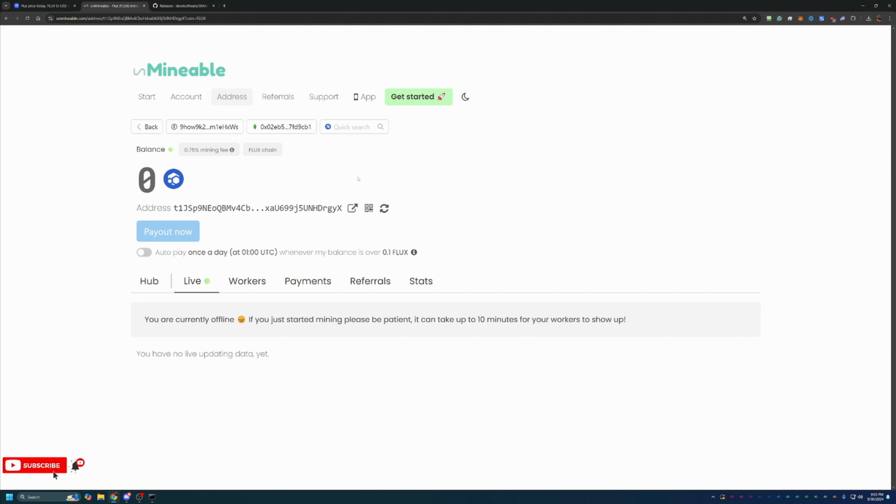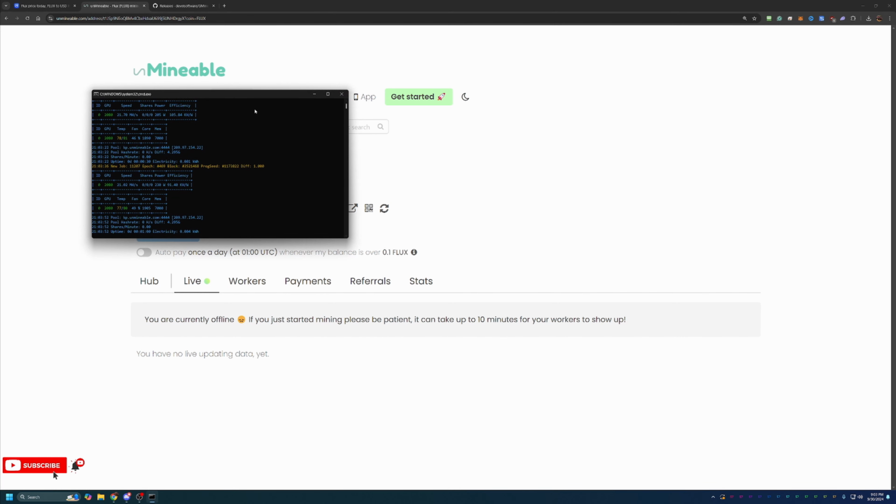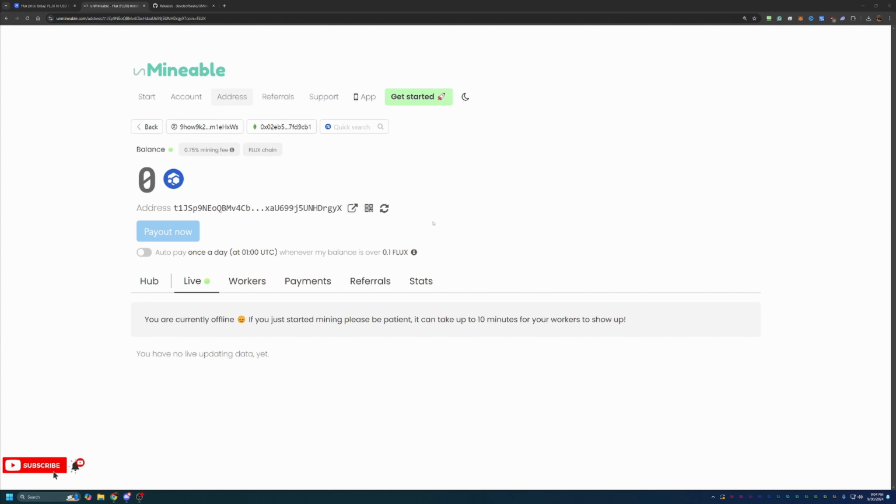So when it comes time to stop the miner, what you're going to do is just bring up this CMD window and hit the X. Now you might be thinking, why am I telling you how to close a window? Well, here on Unmineable, it's a little strange. If you've been mining for a while, you're seeing stats here on the site, which I didn't let mine run long enough just due to recording the video, but